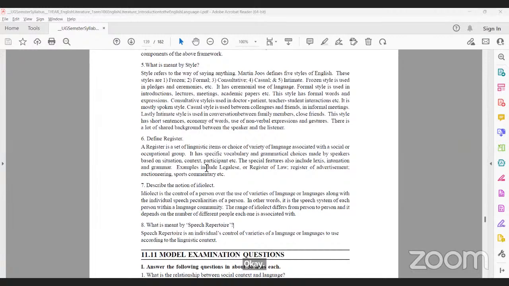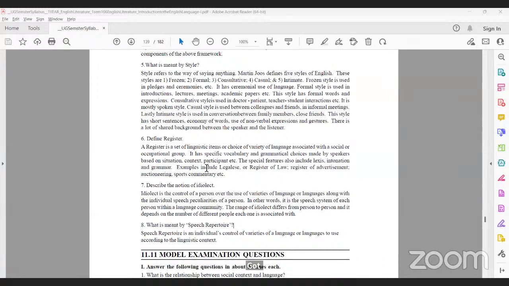No one can speak in the same language. No one can use the same way of expression. Even if you are part of a family, maybe in your family there are 5 or 6 members, and each one of you speaking a particular regional variety or a standard form will be different from each other. At any cost, it will be different. This difference is known as idiolect. Got it? Yes.